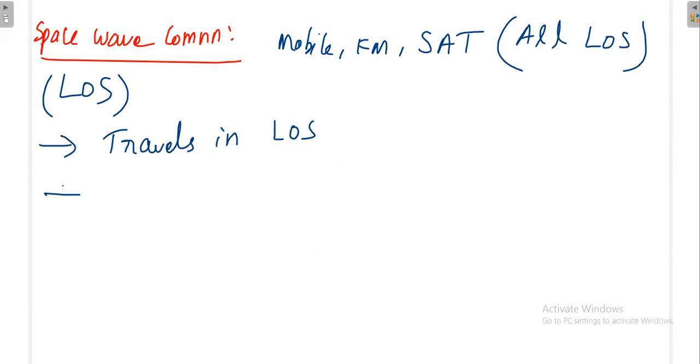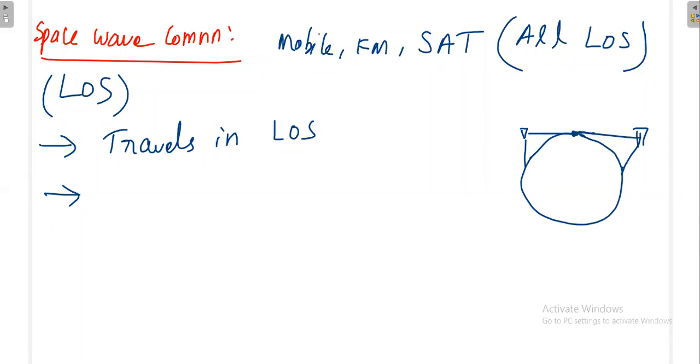And again, this is limited by the curvature of the earth. Say this is the earth curvature and I am using some transmitter here. If the signal goes here, it can go up to this distance only, it cannot go beyond. It can go simply in this way, touching the earth surface, then it cannot go further. Even if it goes, nobody can receive it. But there is one way to receive this: if you use some antenna at the side, you can somehow receive it.